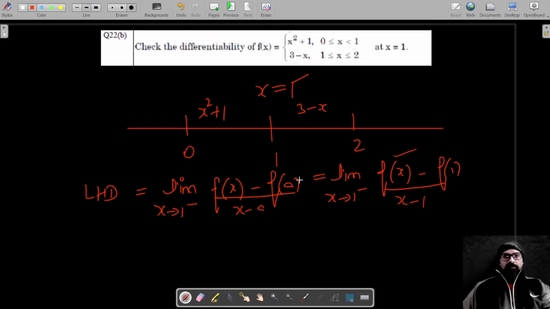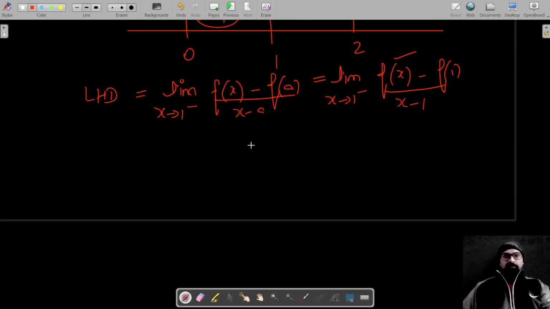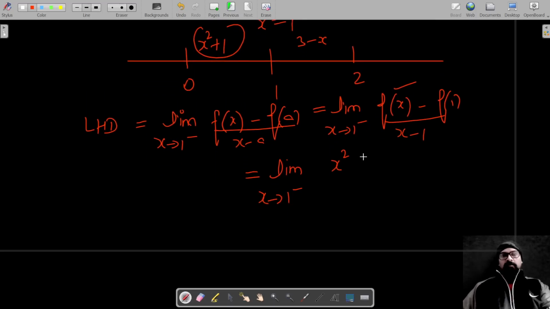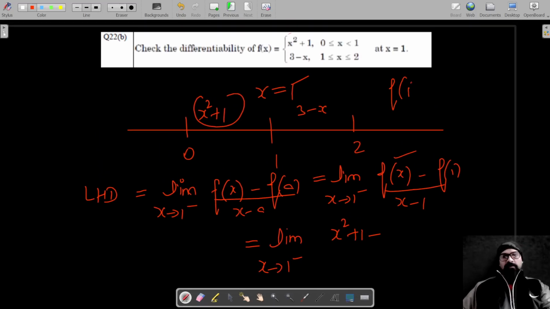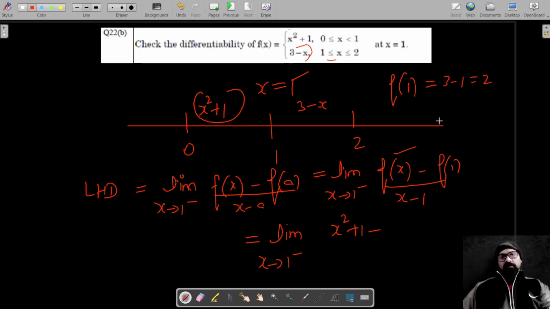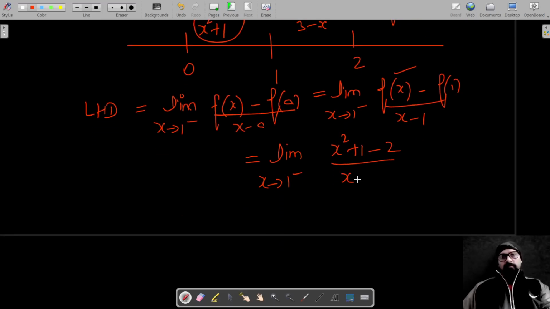Okay, now the value of the function when x is less than 1 is x squared plus 1. So f of x is x squared plus 1. So this is the limit as x tends to 1 negative of x squared plus 1, and the value of the function at 1 is 3 minus x, and x is 1, so this is equal to 2, so this is 2 upon x minus